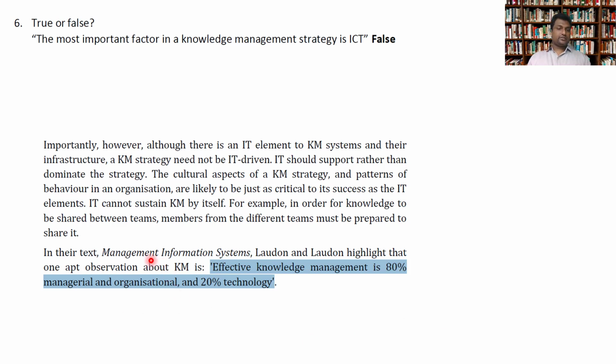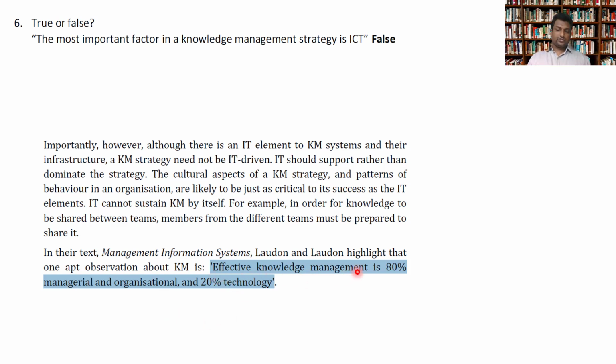Knowledge management. This section was taken from the Management Information Systems textbook by Lorden. It's a very popular textbook among IT students. I think you can find it really easily in a library. So according to this textbook, they are saying that